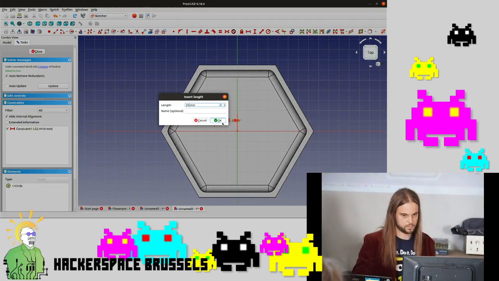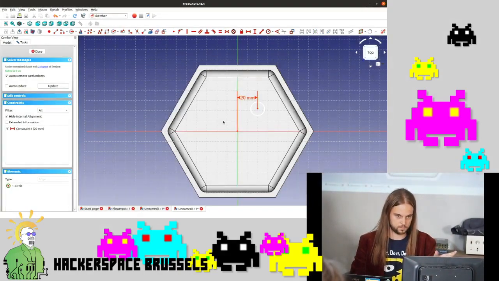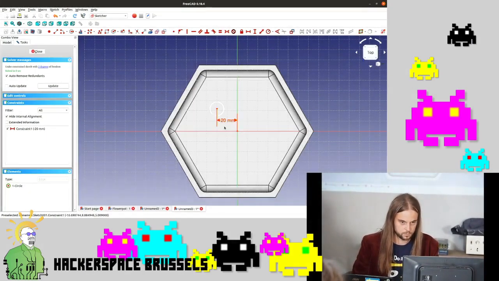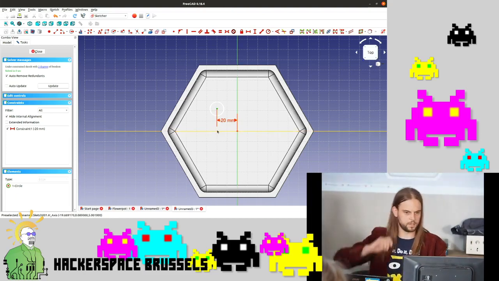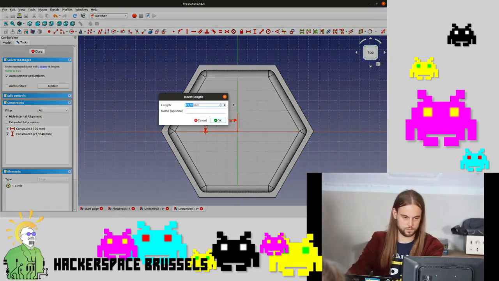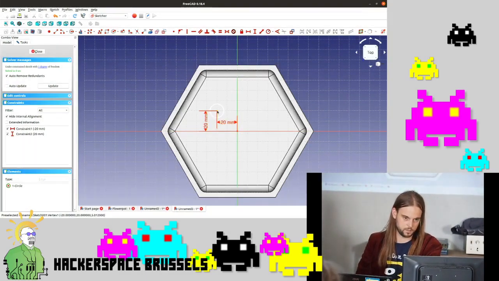So it'll be set minus 20 from the y-axis,